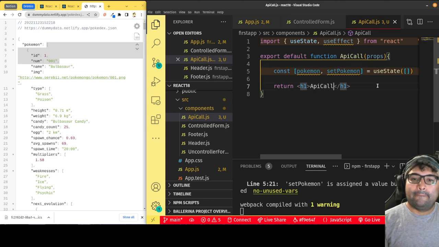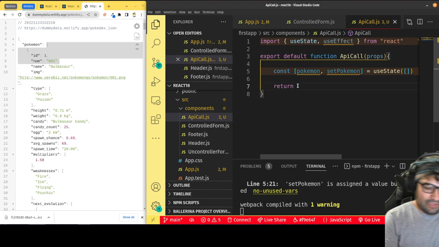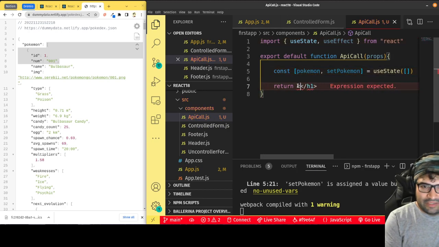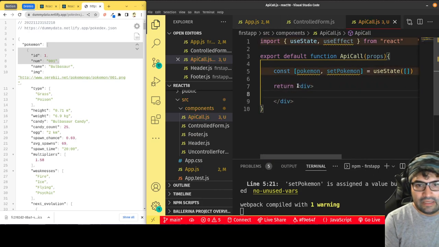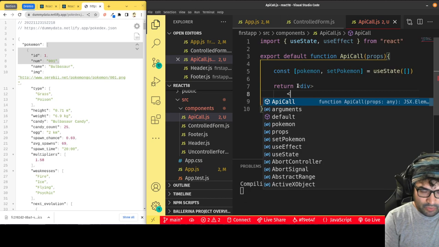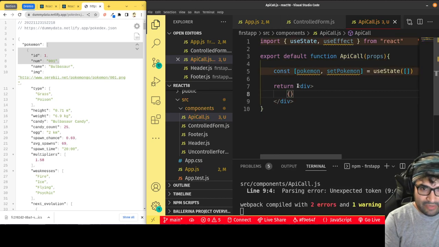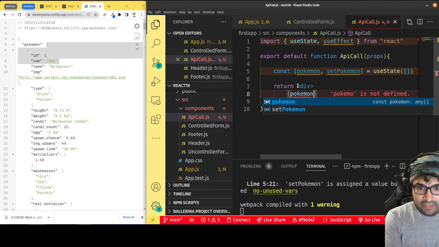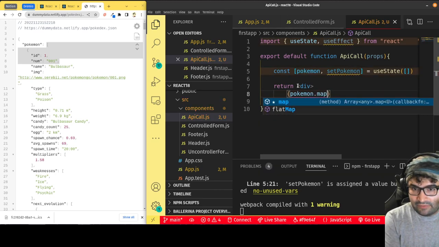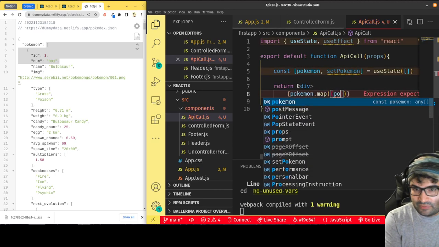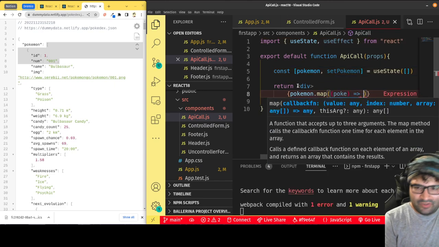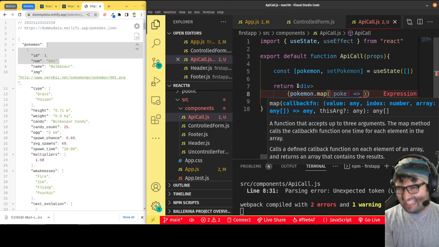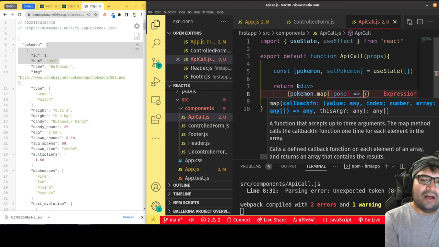Okay, so now let's start building out our DOM. We're going to make a div, and inside the div we're going to want our Pokemon. So I'm going to use the curly brackets and say Pokemon.map, because it's an array. And for each Pokemon in there, we'll say each Poke, can't use the word Pokemon again. You never want to use two variables with the same name if you can avoid it in the same scope. Poke, for each Poke of Pokemon,